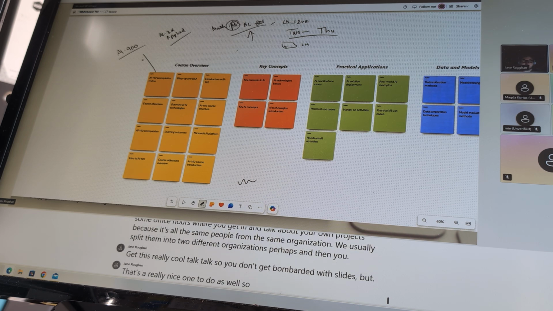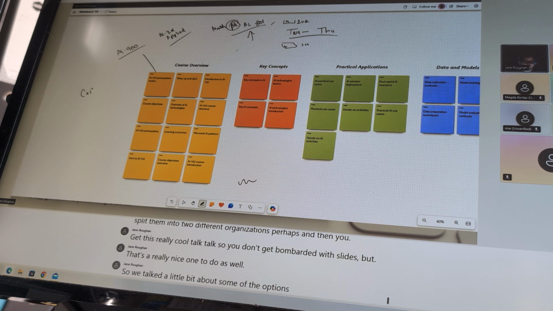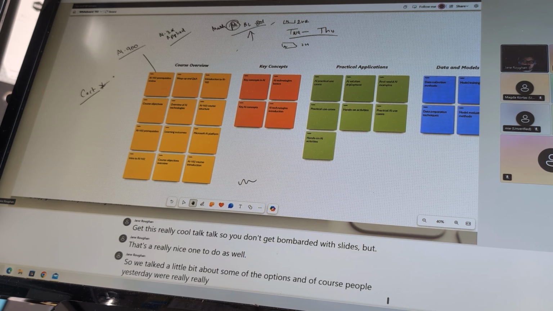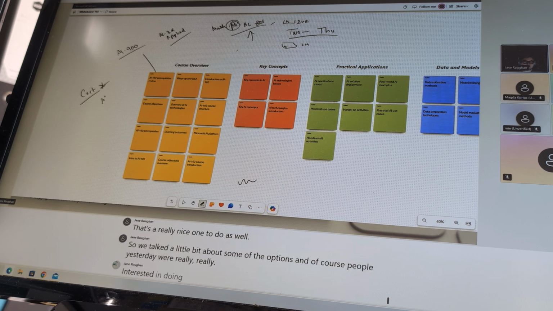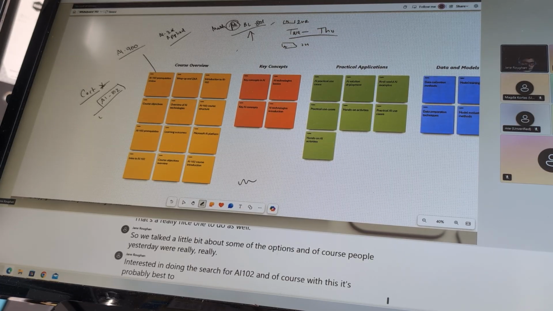So we talked a little bit about some of the options, and of course people yesterday were really interested in doing the cert for AI-102. With this, it's probably best to attend the 4-day course and then read through all of the